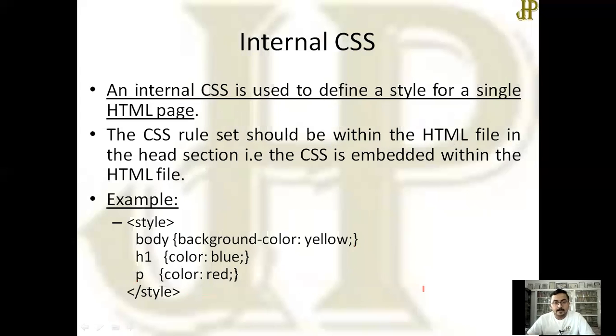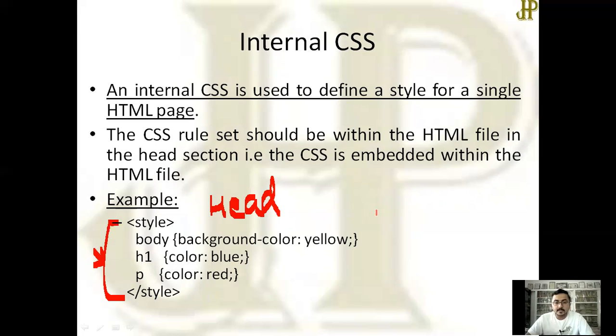Next one is internal CSS. I already told you. An internal CSS is used to define a style for a single HTML page. Why? Because this style section will be inserted in the head section of a particular page. That's why this specification will be shown only for one page.